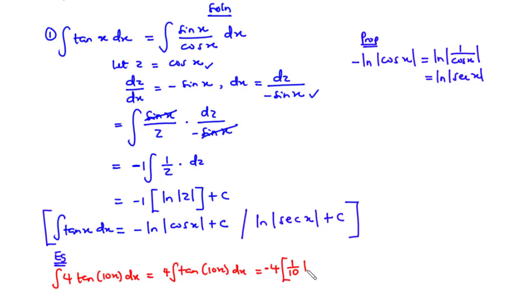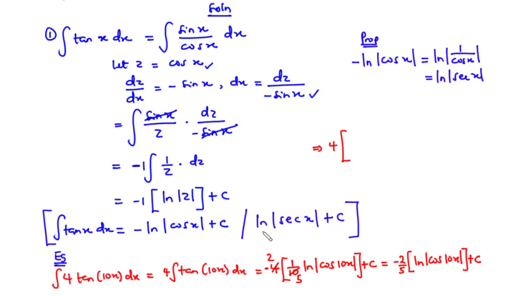And then we have times ln of the absolute value of cos 10x plus c. So that is equal to, 2 goes here 2 times, 2 goes here 5 times. We are left with negative 2 over 5 times ln of the absolute value of cos 10x plus c. Again, if you want to use ln of the absolute value of sec x, you also have that to be equal to 4